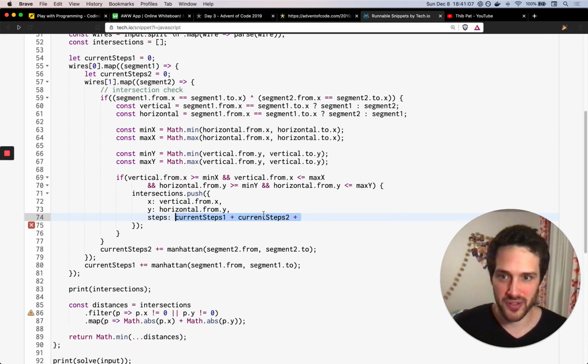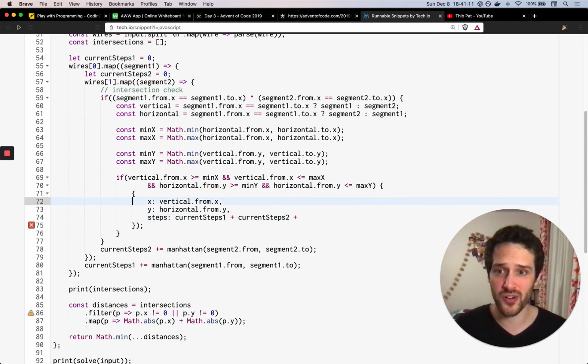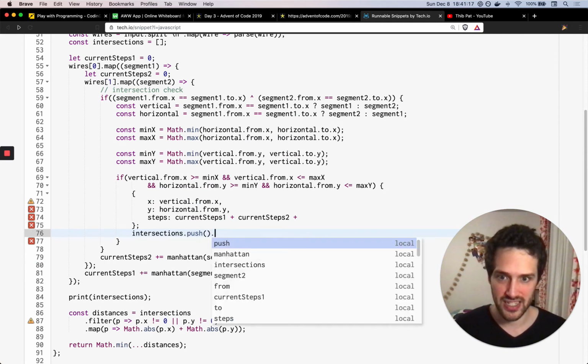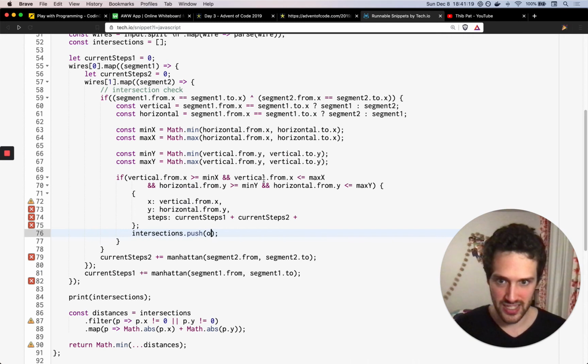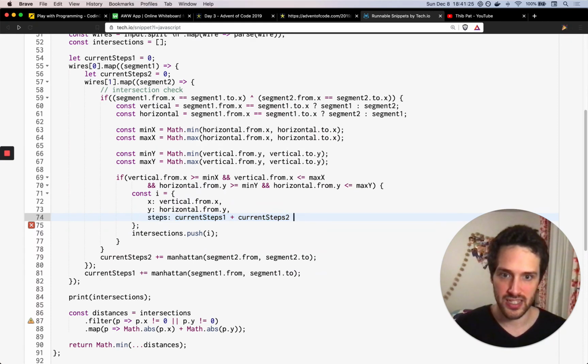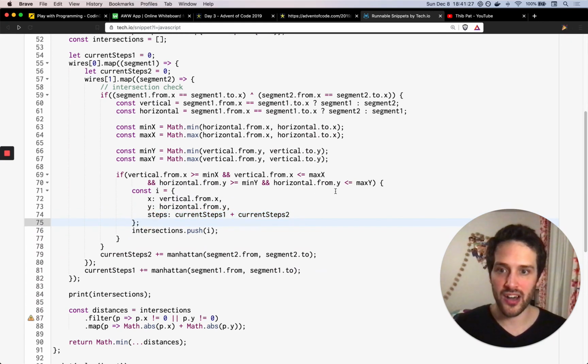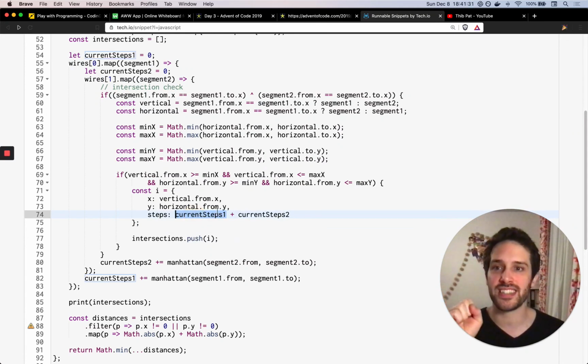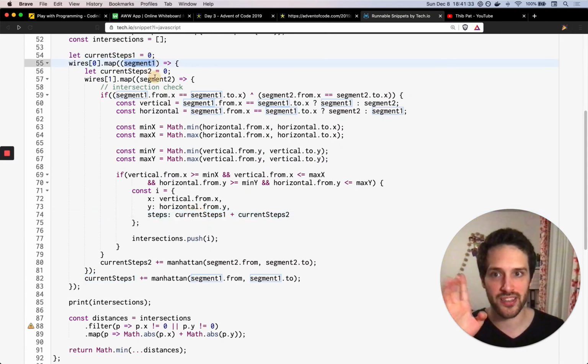So what I'm gonna do, this is so much code changes. Now, what we need to do, so we have all the sum of segments until the segment 1 and the segment 2. So we need to take to